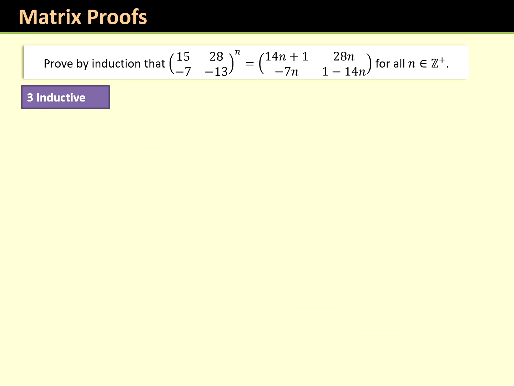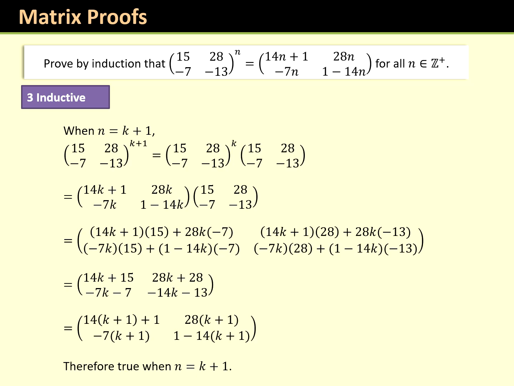So for our inductive step, we are substituting n as k plus 1. So when we have the matrix to the power of k plus 1, that is the same, of course, as the matrix to the power of k multiplied by the matrix to the power of 1. So just multiplying by the matrix once again. But we've already made the assumption that the matrix to the power of k is (14k+1, 28k,